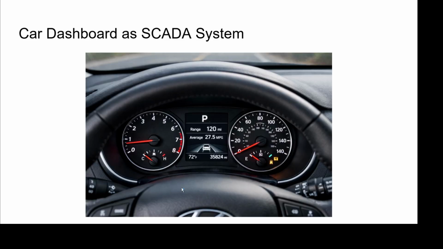So to think about a car in terms of a SCADA system, we're effectively looking at the dashboard. We have our engine RPMs and engine temperature on the left, and what mode of operation we're in, in this case park. We could be in reverse, neutral, drive, low gear. We have an overall range. This is a calculation that's done based on how much fuel we have remaining, tracking of our average miles per gallon for this trip, maybe an outdoor temperature, an overall odometer for how far the car has traveled over its